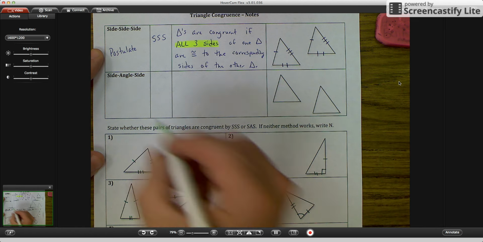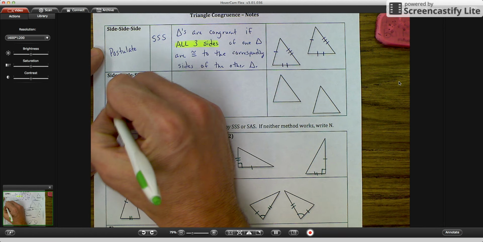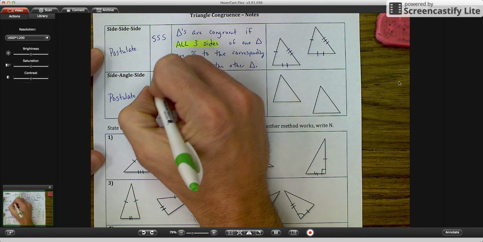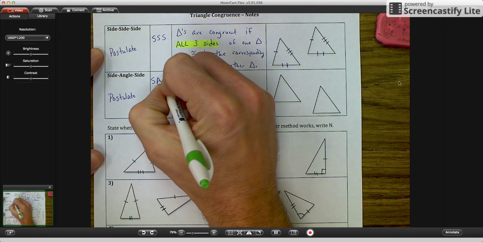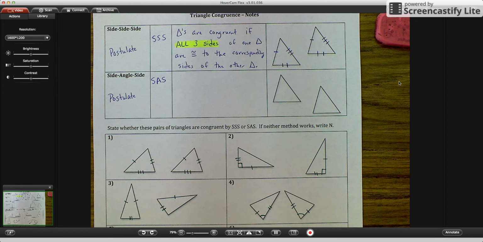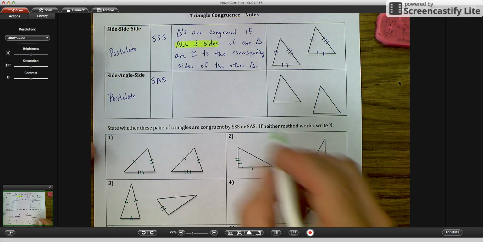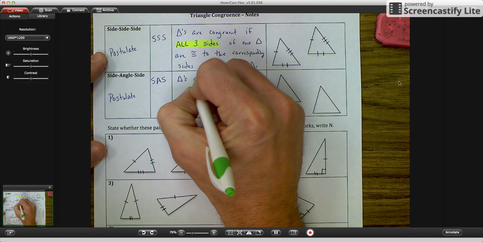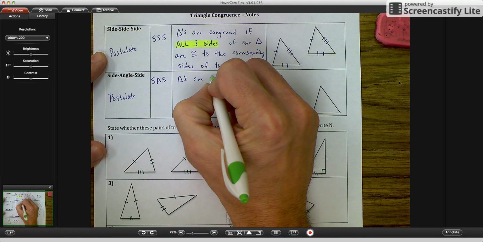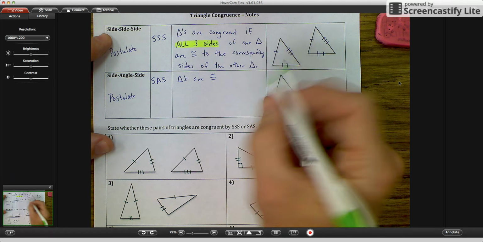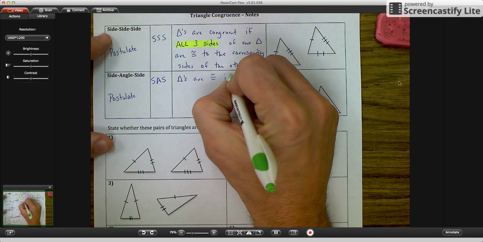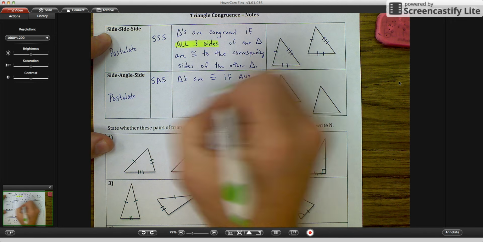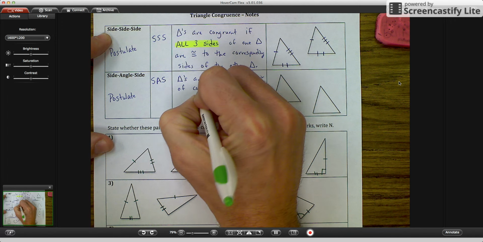The next one that we're going to have is called side, angle, side. It's also a postulate, and its abbreviation is SAS, side, angle, side. This postulate starts off the same, and they all start off the same. Triangles are congruent. I'm going to start writing my math language. Triangles are congruent if any pair of corresponding